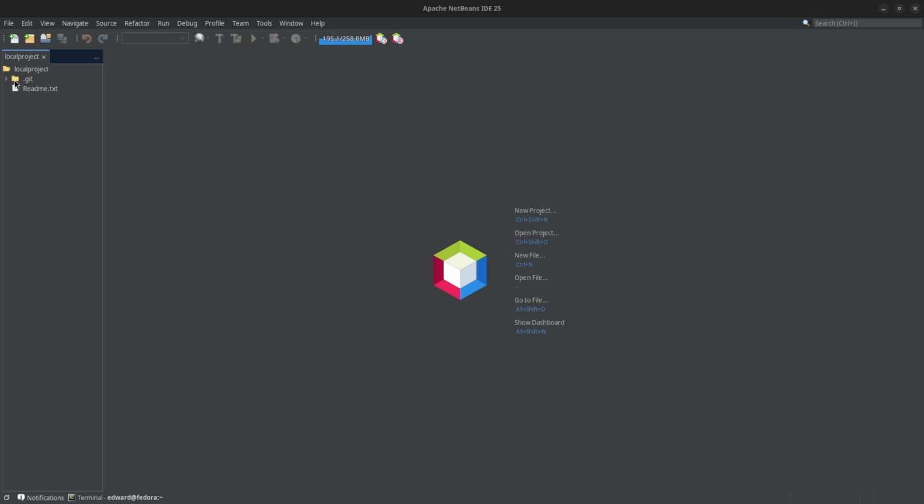So you can see here, the hidden folder here, you see it already picked up that it's Git. You see it's already color coded, and I'm using Apache NetBeans IDE 25. That tells me that this file is being tracked, and it's a new file, and you can see it's /m. That means it's been modified. So if I click on this file,